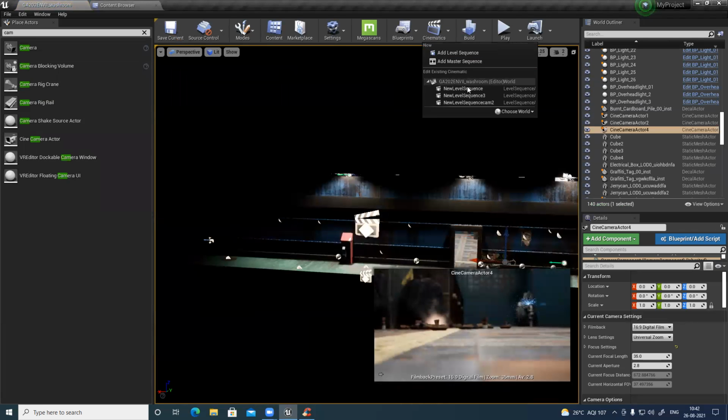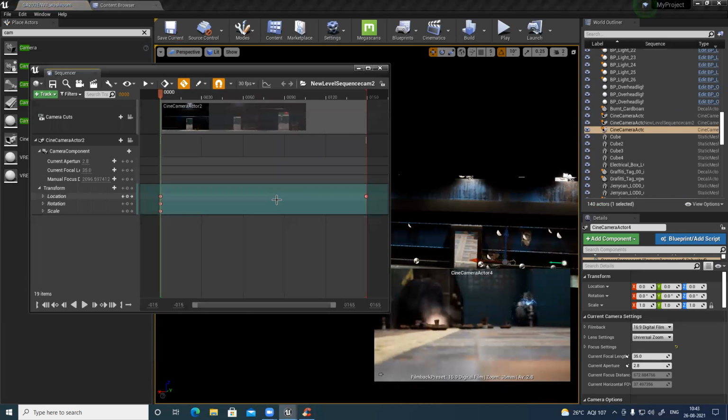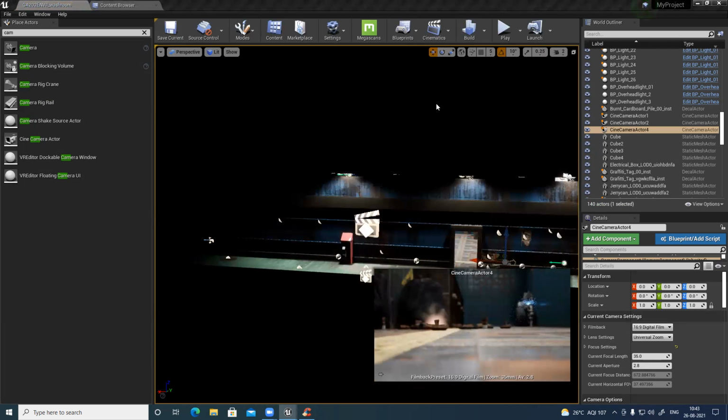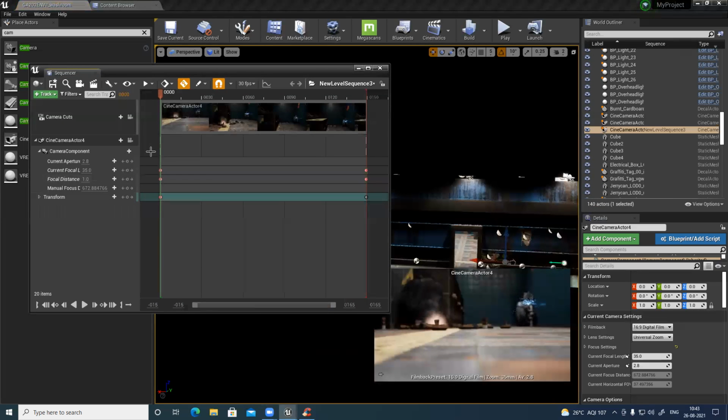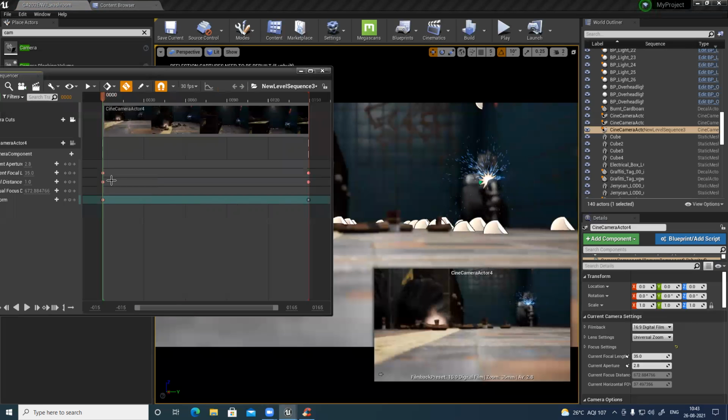So let's see my sequencer. What is the second one? Now, this is the third one. Here I can see. Let's click the camera and check the shot. First frame and play.